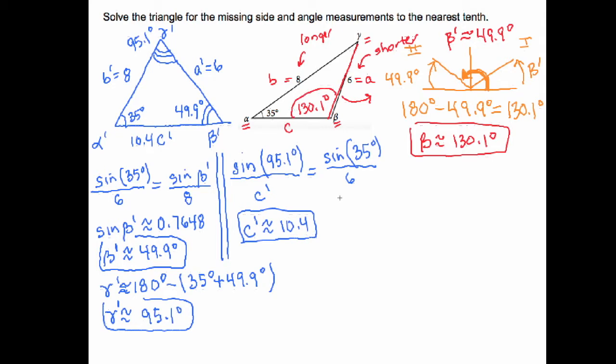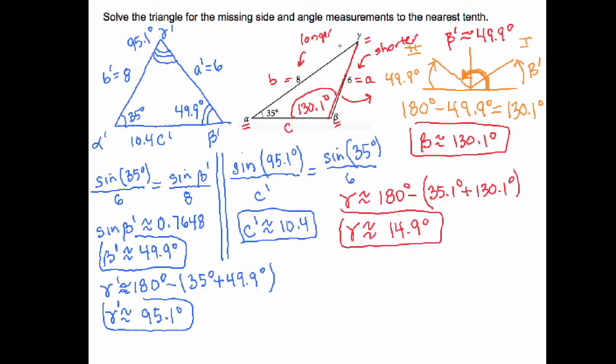Now to find gamma, well, I can do that quick enough. I know the sum of the angles in a triangle add up to 180 degrees. So gamma would be approximately 180 degrees, and I'll subtract the sum of the two angles that I know are in this triangle. That's an angle of 35.1 degrees, and my newly found beta, 130.1 degrees. So gamma is going to be approximately 14.9 degrees. See if I can write that in. That'd be